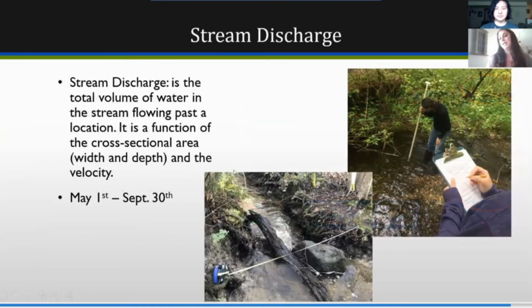Another thing, the last thing that we look for when it comes to our stream team program, and we actually collect data from, is called stream discharge or flow. We talked about flow a lot. That's basically the same thing as stream discharge. So stream discharge is the total volume of water in the stream flowing past a location. So you pick a point and then you will perform this measurement. It basically is a function of the cross-sectional area. So the width, as you can see at the bottom picture, we're measuring the width, and the depth, as you can see, and this is actually my boss, Belinda, and you can see her measuring how deep the stream is,